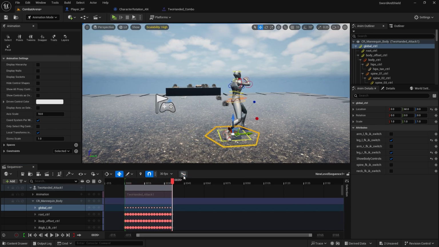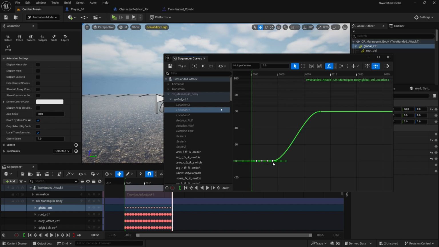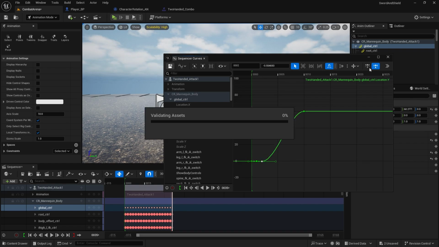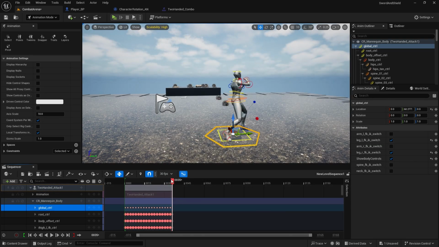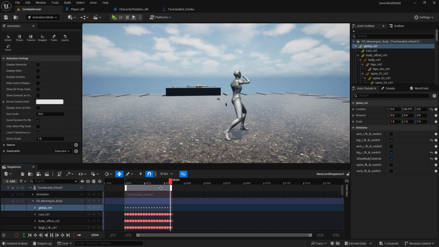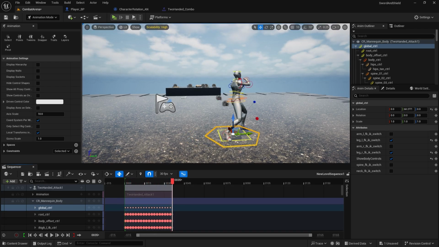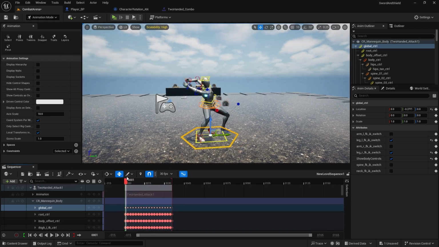Yeah. So I'm going to start moving. I'm going to move this back, these keys on location Y. And he will go already here. Like that. So now when I play this animation, yeah, that looks a bit more natural, going with the swing. So once you're happy with that,